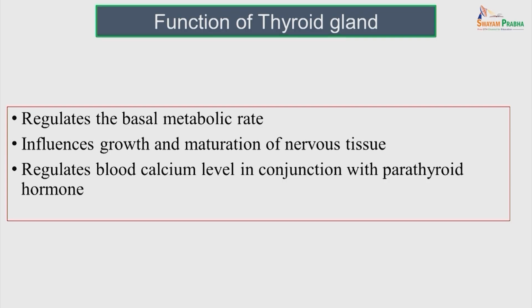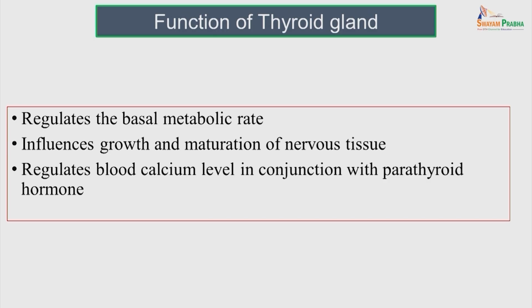The function of thyroid gland is it regulates the basal metabolic rate. It influences the growth and maturation of nervous tissue. It regulates the blood calcium level in conjunction with the parathyroid hormone. That is, it helps through the hormone of the thyroid gland, calcitonin. It decreases the blood calcium level, which is opposite to the function of the parathormone, which actually increases the